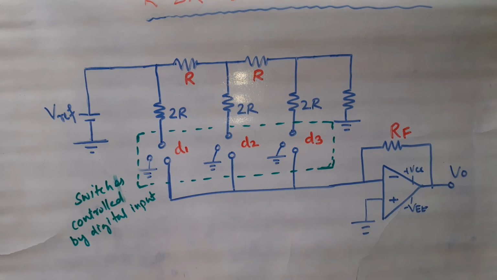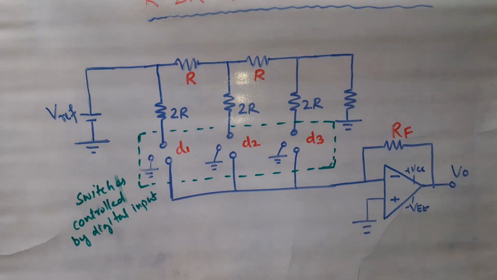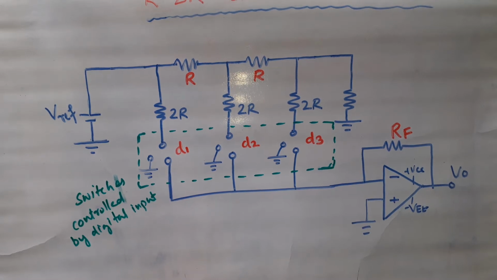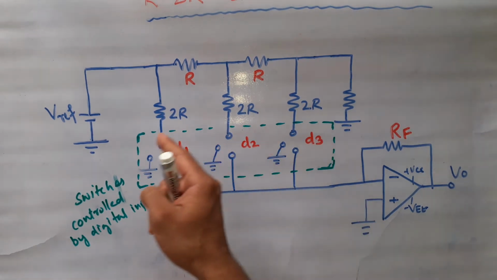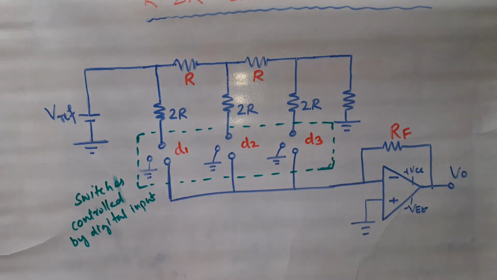For example, you have done the logic design lab, LD lab, in your 3rd semester, right? AND gate, OR gate, XOR gate, those lab experiments. The digital trainer kit which you used to use, there you were having digital input switches and output switches. So such switches will be provided here. The same experiment is there for your lab also, for which I have already prepared and uploaded a video. You can refer to that also.